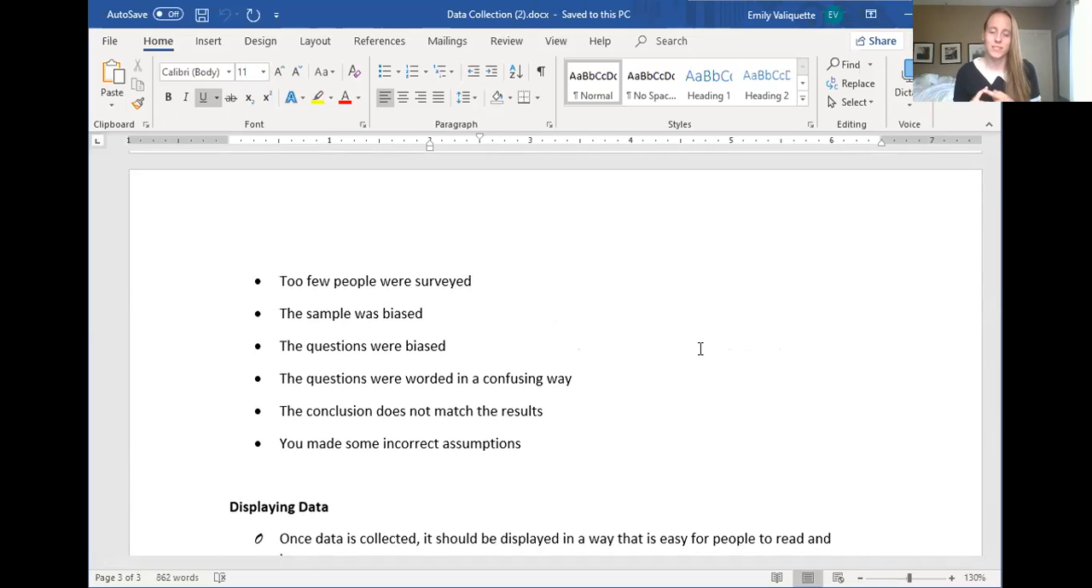If the sample was biased, so for example, if you only did your scientific study on men, which up until very recently has been incredibly common in medicine for scientists and doctors to only study male patients. If the questions were biased, we've already talked about what makes a biased question. If the questions were confusing, so people were just guessing. If the conclusions don't match the results, so if people go through your data and say, I don't think the data says what you think it says, or if you made some incorrect